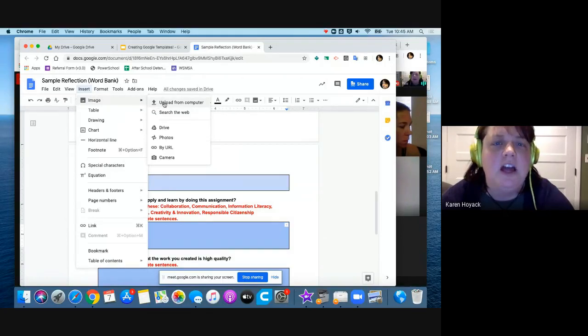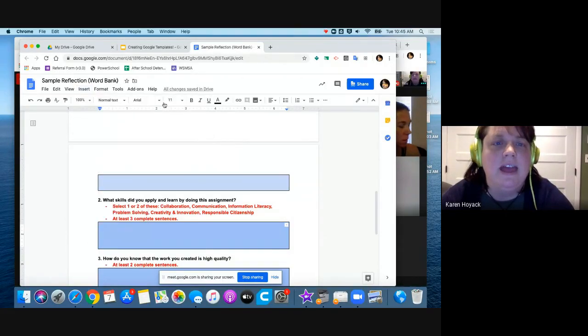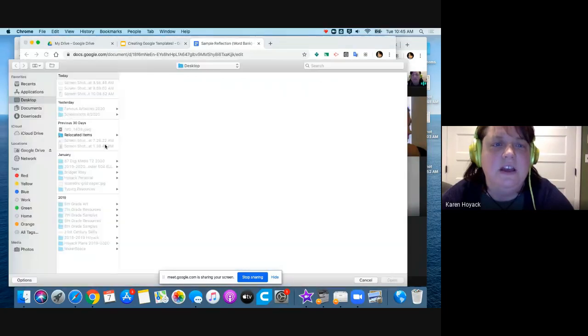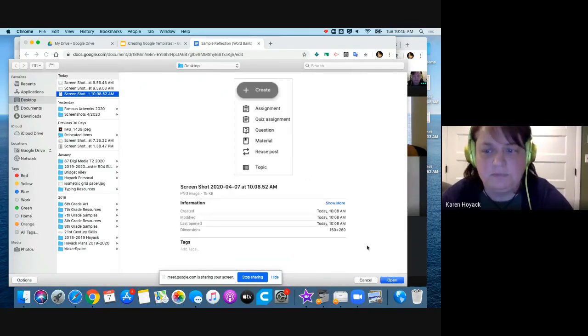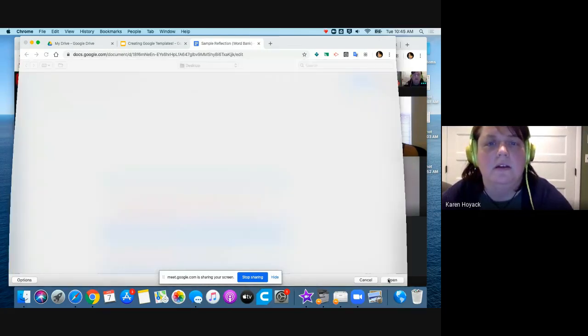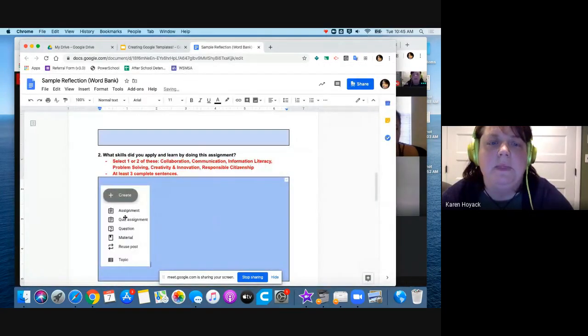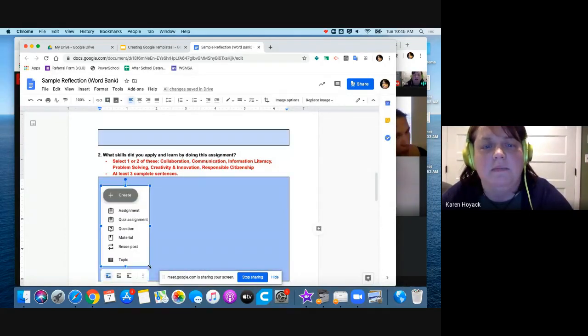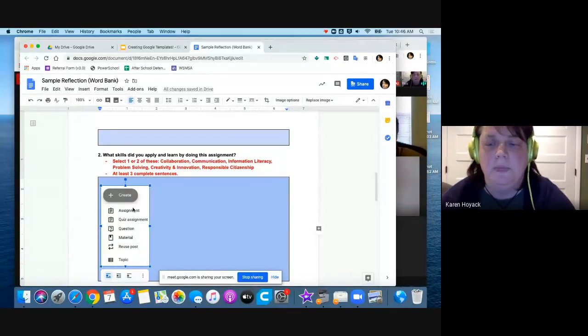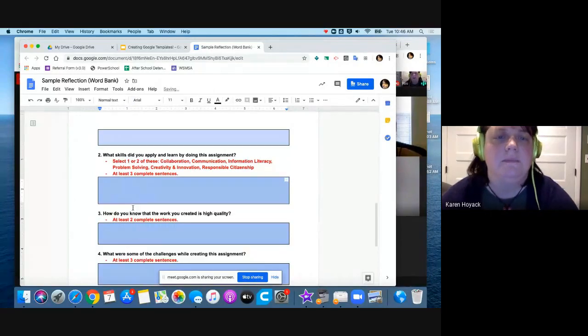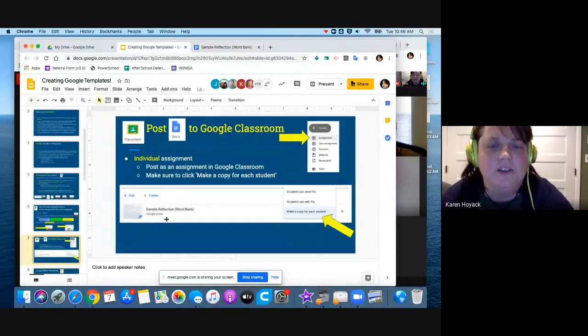And then I would click on upload from computer. If you have screenshots saved, they will appear at the top usually, stamped with whatever time you just took them. You just click on that, and then click open, and then it pops up. In order to edit the size of it, you click on it, and then you can make it smaller or bigger. I'm going to delete that though, because I don't want it. All right, so posting,